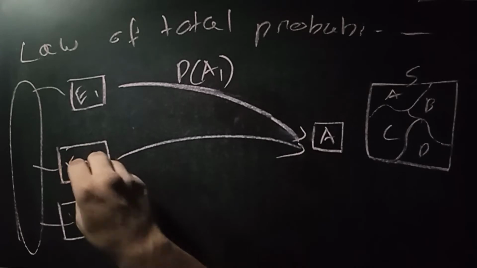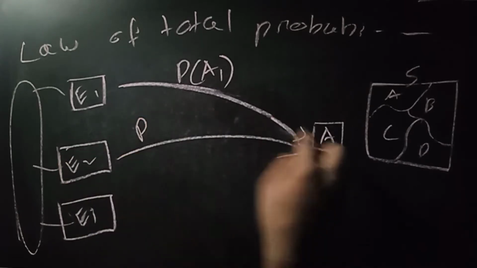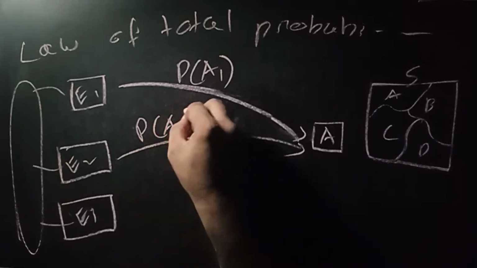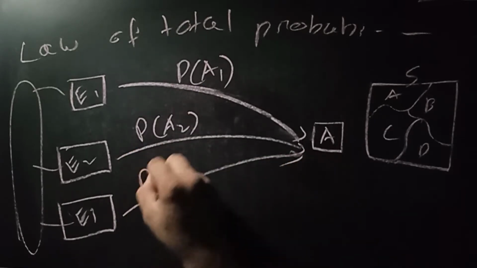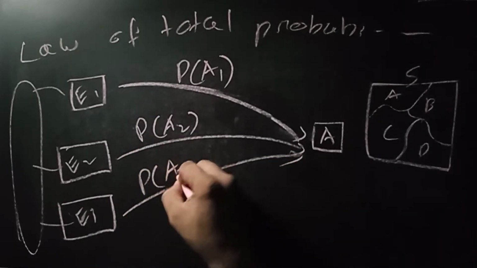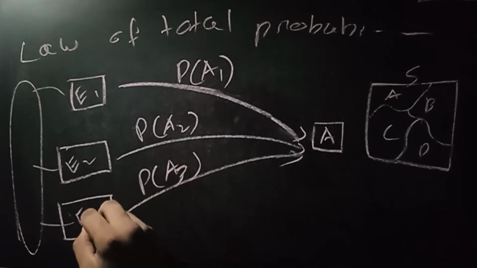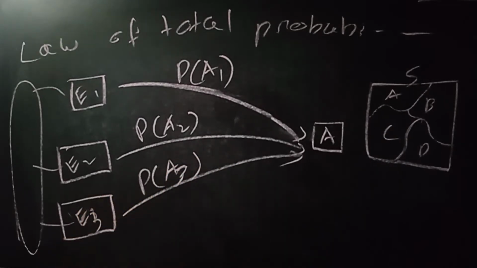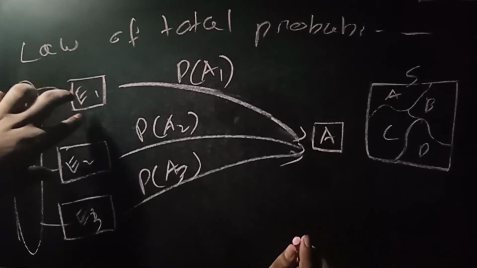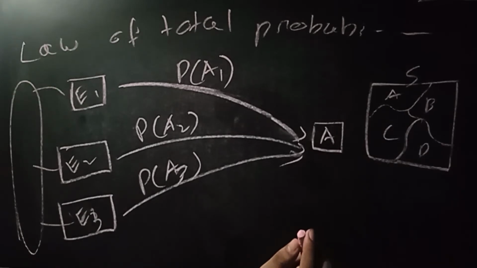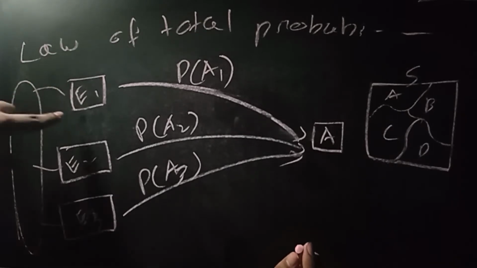In E2 there is a probability of A happening, P of A2, and in E3 there is a probability of A happening, P of A3. So then my formula just becomes, one sec,